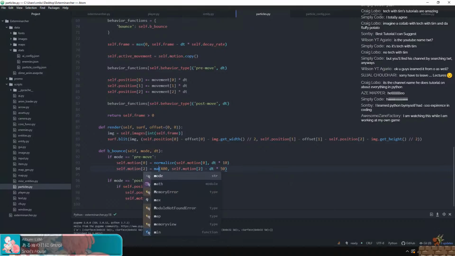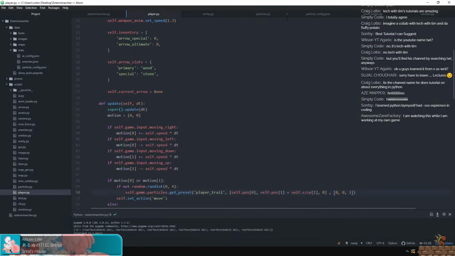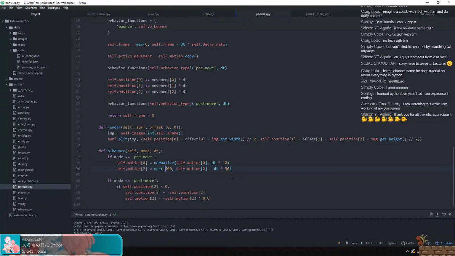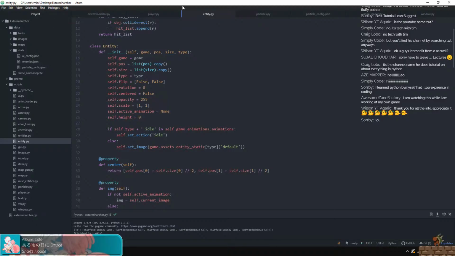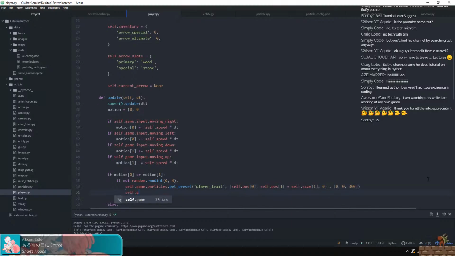So it's actually max of -400. Wait, no, is it? Yeah, that's right. Okay, player, alright, it needs to be like 400 or something. Or 300, I don't know. Is that it? And then